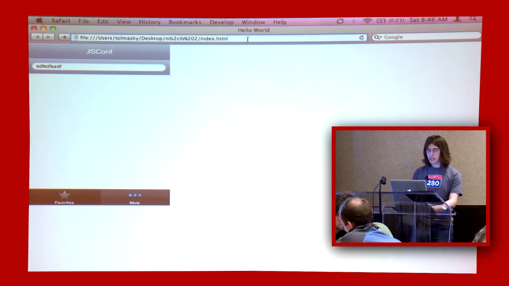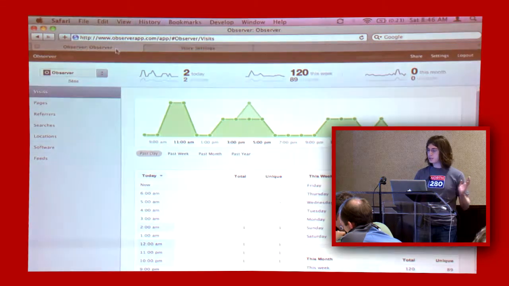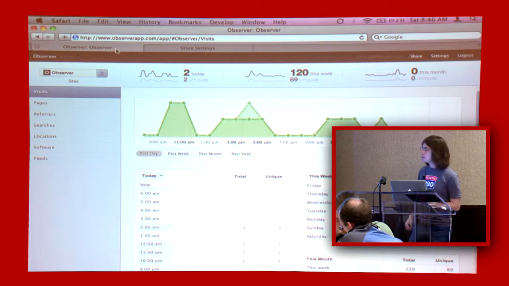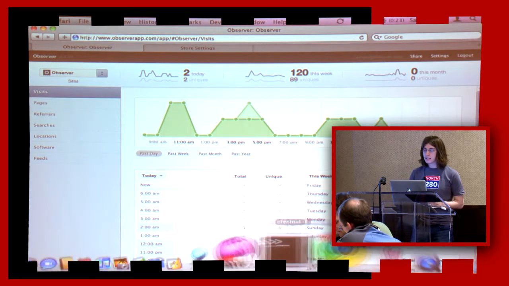And I guess I'm running out of time. So I was going to show you a few apps running on 0.8, but since I'm out of time, I will just end it there and say,